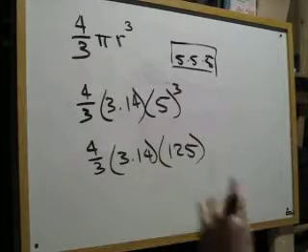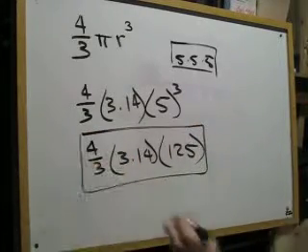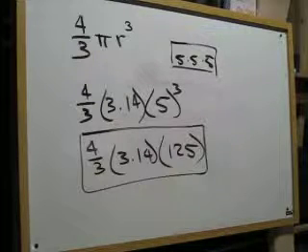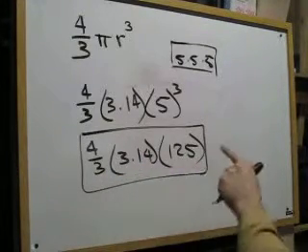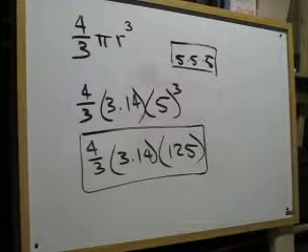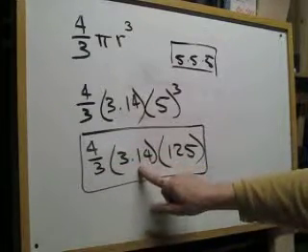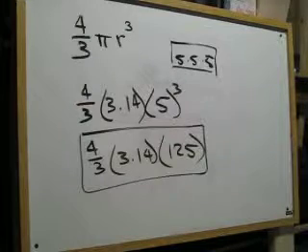Alright, now this is the volume of a sphere. In this particular example, example 12, the shape on top is not an entire ball, it's half a ball. So once we multiply all this through and get an answer, we're going to take half of that. So we take 4/3 times 3.14 times 125, and whatever answer that is, we take half of it. And if you look down at the bottom of page 395,